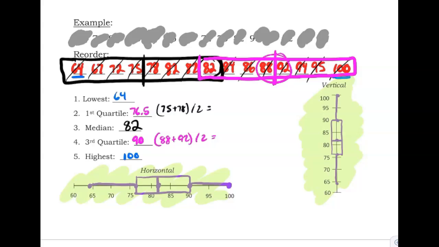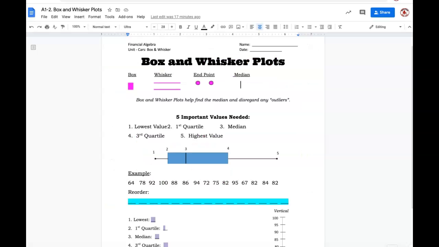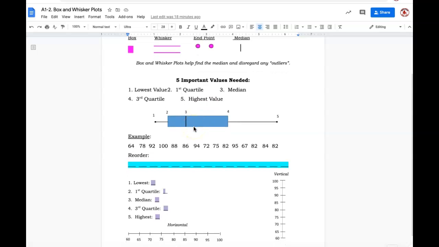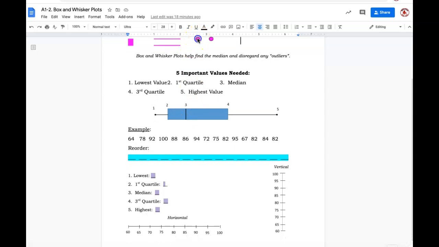But now if you have the Google Doc version of Notes, which I'm guessing most of you did, here's how you do that. On the Google Doc version, you see at the top we made you a little box, a couple of whiskers, a couple of endpoints, and then a little tiny line for the median. So all you need to do here is, it might be a little frustrating with a Chromebook trackpad, but you would come down and put the